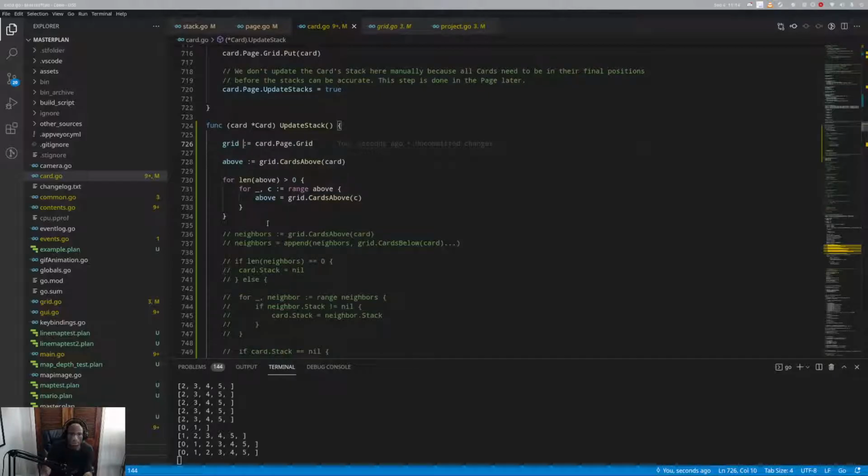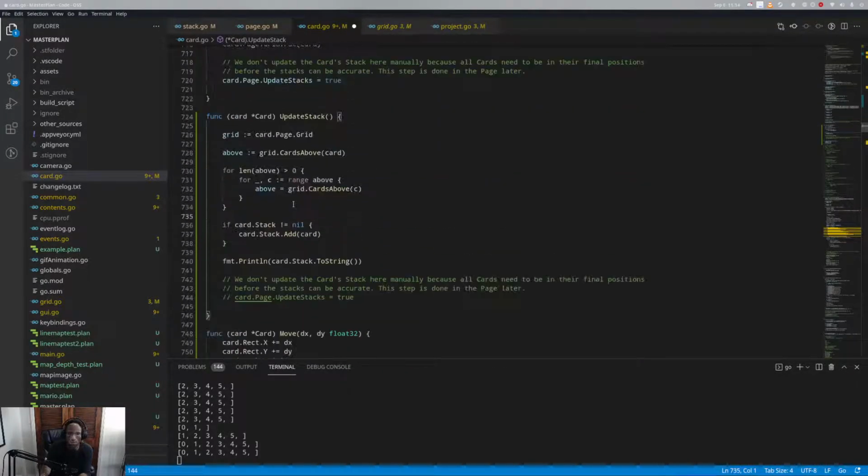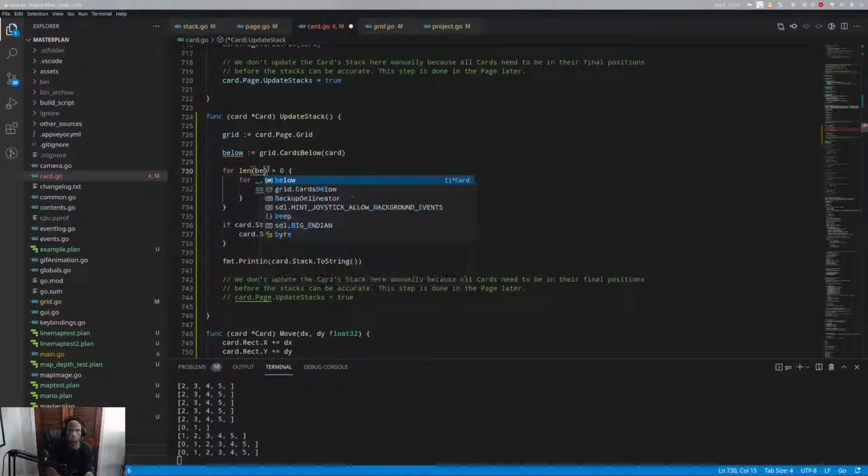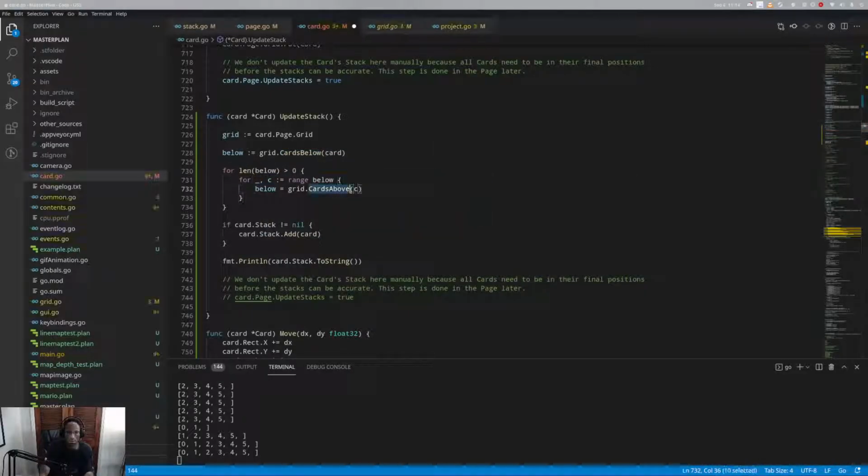So we're updating the stack. We're getting all the cards above. So now we only have to check in one direction because we know that all the grid is set. It doesn't really matter, but let's do it the other way. Let's do cards below. So we're looping through all the cards below, and then while we still have cards to search,